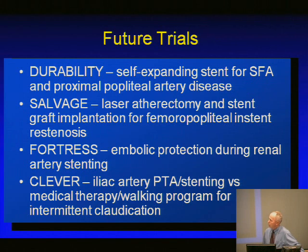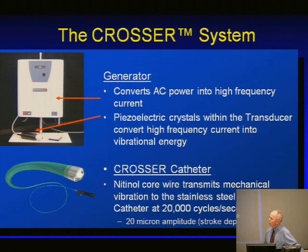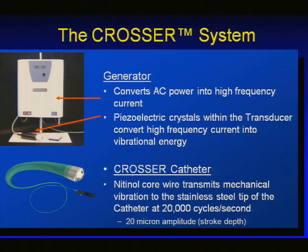Better ways to protect the kidney during renal artery angioplasty and stenting procedures, much like we've used embolic protection devices in the carotid arteries to try and protect against atheroembolism going up to the brain, try and protect the kidney from cholesterol emboli or thrombotic emboli during the renal stent procedure. And so there's a whole variety of different technologies that we're looking at, again, to try and make the procedures